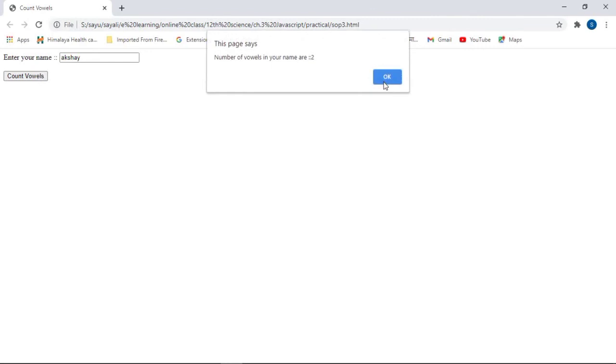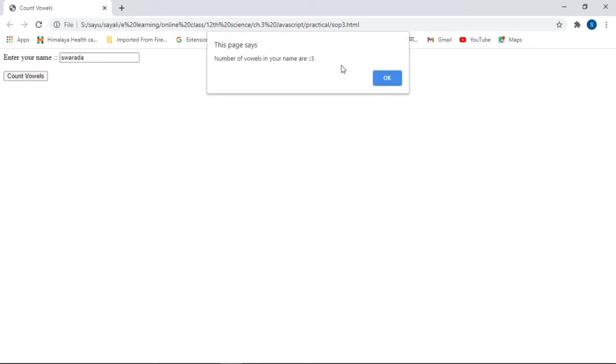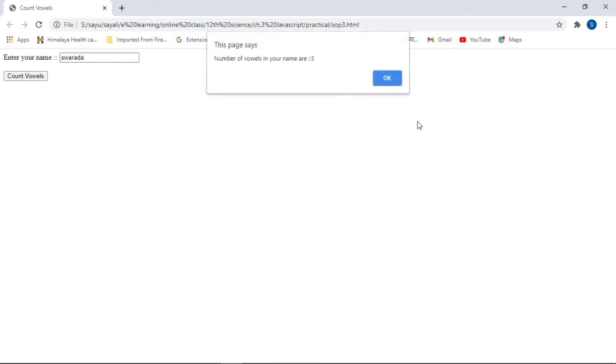Okay, so output is 2. Let us change the name to suppose Swarada. So this name contains 3 vowels. So number of vowels in the name are 3. So in this way type here your name, click on the count button and you will get a count of vowels present in your string.